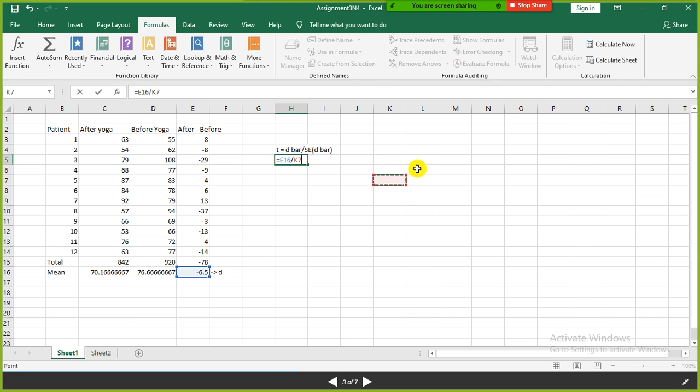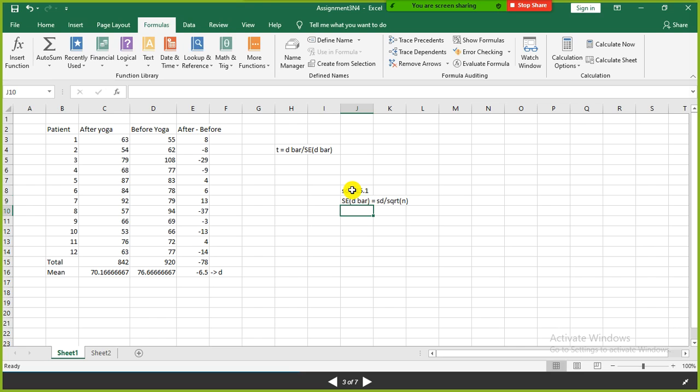I'll just show you that. The formula: the standard deviation is 15.1, and the standard error of the d bar is equivalent to the standard deviation divided by the square root of n.